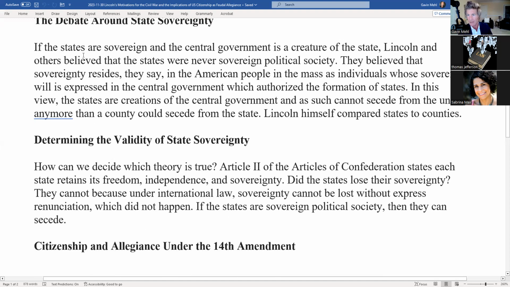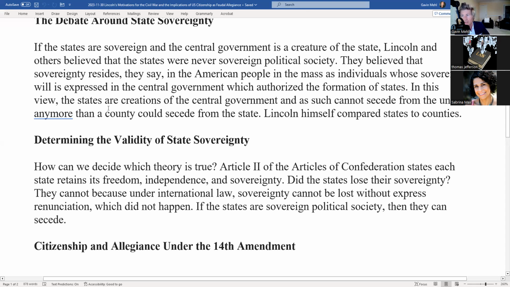I mean, if the states are sovereign, that's the debate around sovereignty. If the states are sovereign and the central government is the creature of the states, then Lincoln and others believed that the states were never sovereign political societies. They believe that sovereignty resides in the American people en masse as individuals, whose sovereign will is expressed in the central government, which authorized the formation of the states. So in this view, the states are creations of the central government, and as such cannot secede from the Union